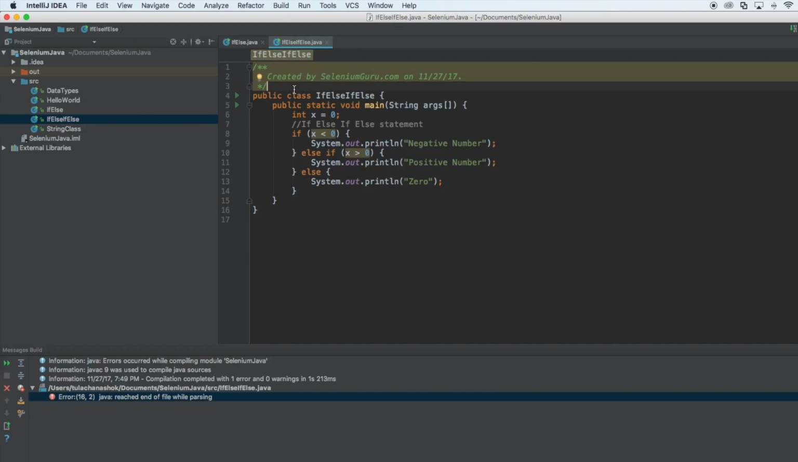Alright, so that's it for this lecture. I hope you guys understood how you can use if, else if, and else conditional execution and execute your program for